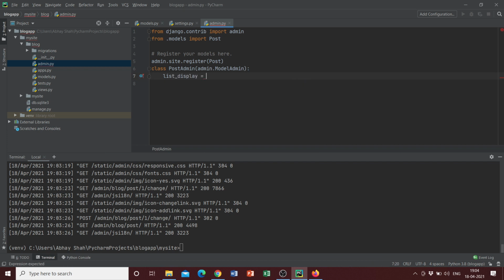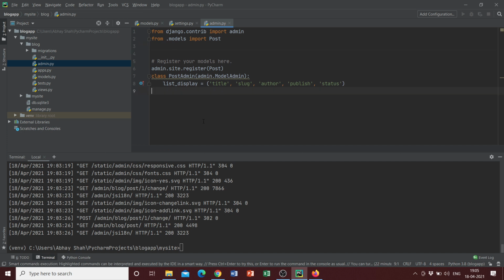list_display, and we can just write it inside the format of a tuple, and we just write the title, the slug, the author, whether the publish, and the status of whether it's published or not. Great. So once this is done, we have